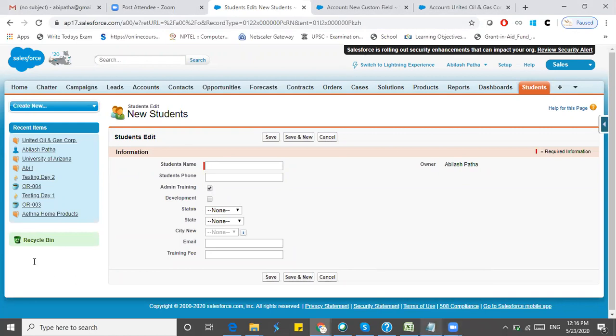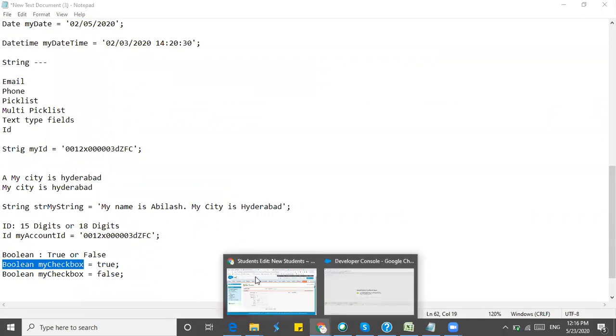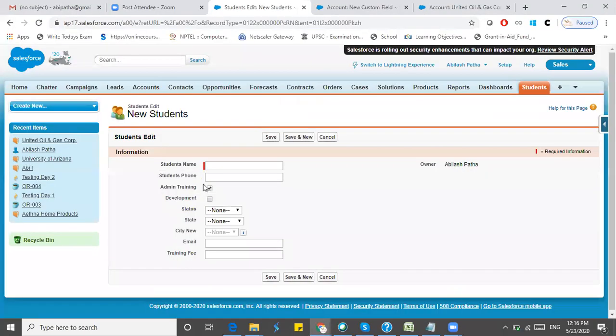If I assign a checked checkbox to a Boolean, it will take it as true. If the checkbox is unchecked, then the value of the field is false.